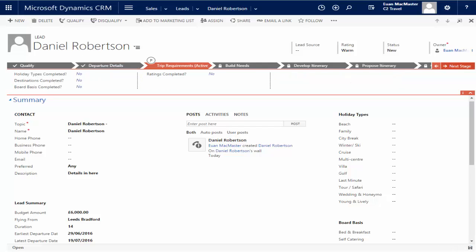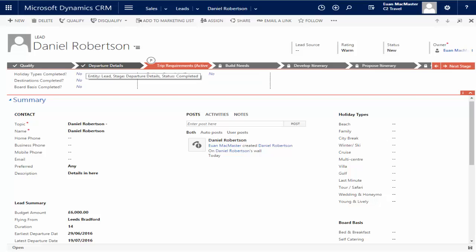Now, I'm not going to complete all of these details, but what I'd like to bring to your attention is the benefits of using this business process flow. First of all, it forces your users into using a specified process that's used within your business. They can't skip stages out. And because it's recorded in the system that this lead is at this particular stage, I can report on that. So I can send a report to our finance team of how many leads we have at the